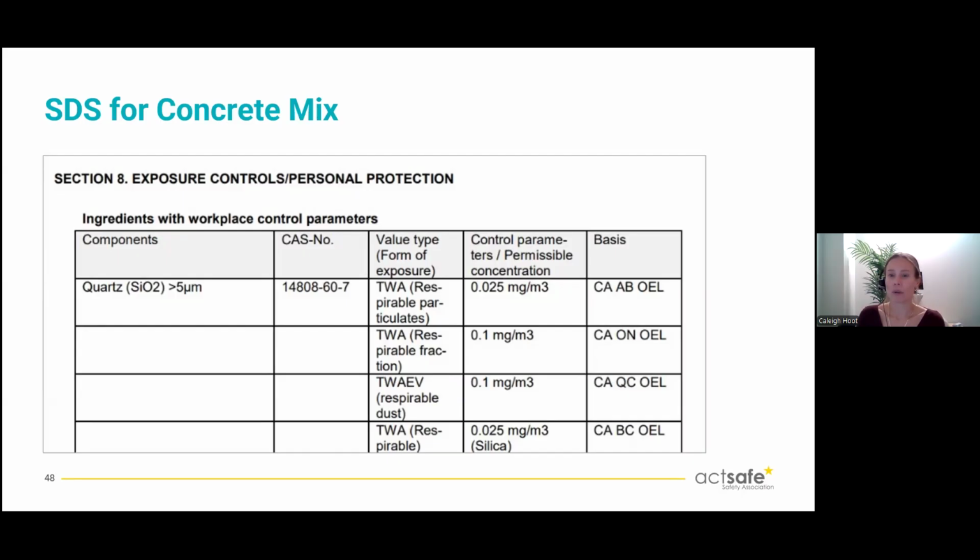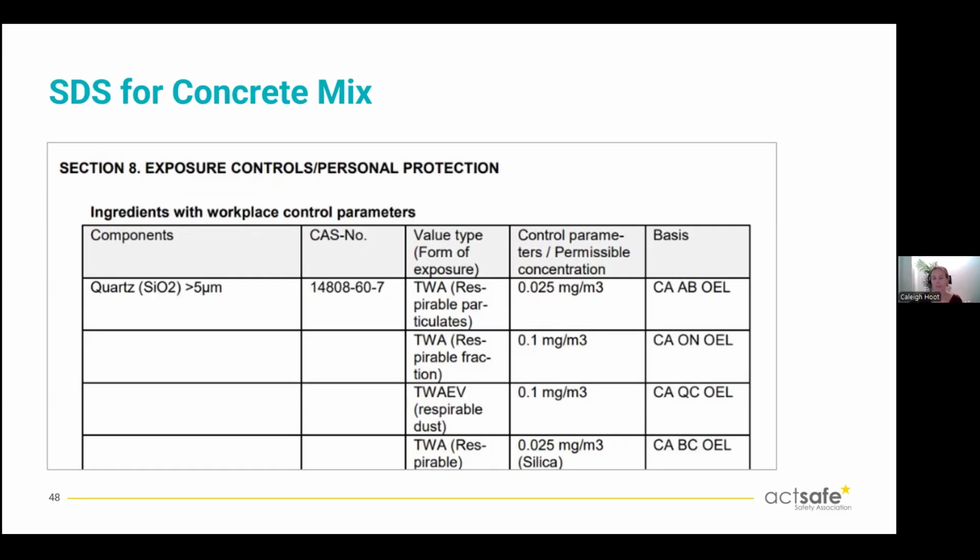Let's have a look here. Okay, so we have in column 1 here, the component. So that's our crystalline silica. Next over, we have our CAS number, and this is just a unique identification number for that specific chemical. And for all the other nerds in the room, CAS stands for Chemical Abstract Service Number. So if you're working with a specific type of chemical, they will all have this number or a different number attached to them.